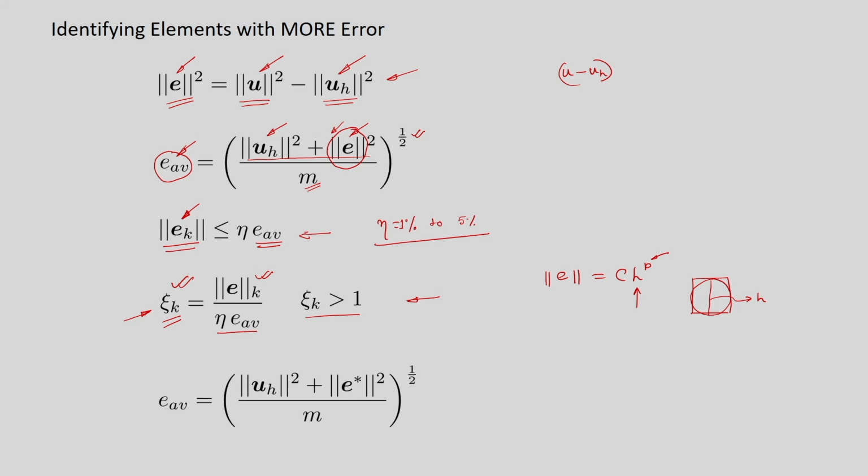So, what we can do, instead of E, is use the error estimator that I just discussed in the previous slide. The error estimator is basically based on the recovered stress. Alright. So, in the absence of the exact solution, we can use the recovered solution to estimate the energy norm error, which is represented as E star. And once we know E average, then we can use the algorithm that we just discussed to identify the elements that are to be refined subsequently.